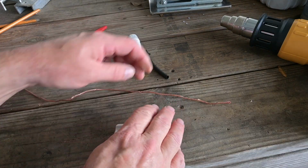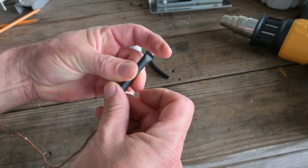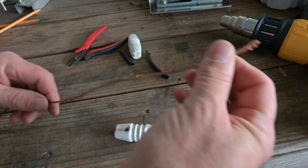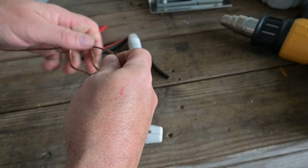To start, get your insulator and your wire. I'm going to finish it with heat shrink, and you don't have to do this, but if you choose to do so, I would encourage you to. Go ahead and slide your heat shrink on, and then about 10 inches back, just take your wire and make a figure 8,